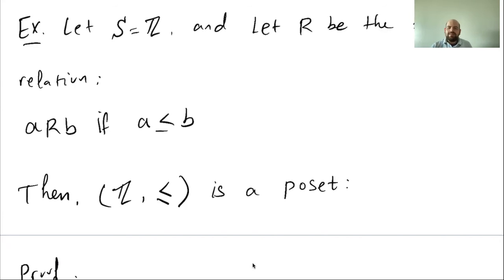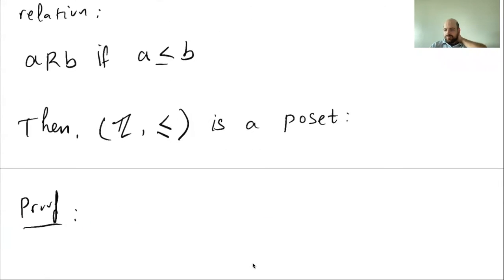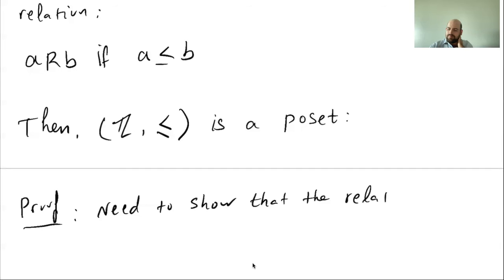Of course we have a set, so if I show that my relation here is a partially ordered relation, then that's all I need to show. So proof, we need to show that the relation defined above